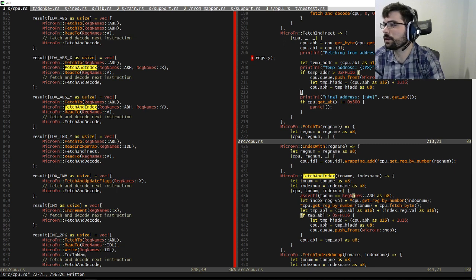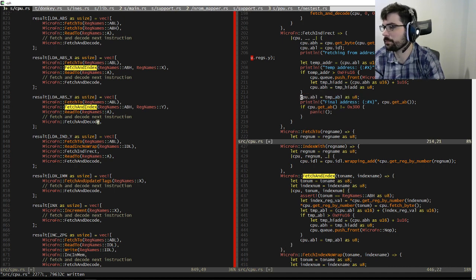Oh, I'm only correcting the address, the high address, but I'm never assigning the address back to ABL. I'm never doing this step. That's what's going on.